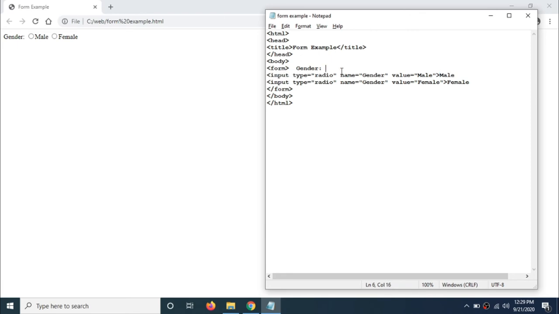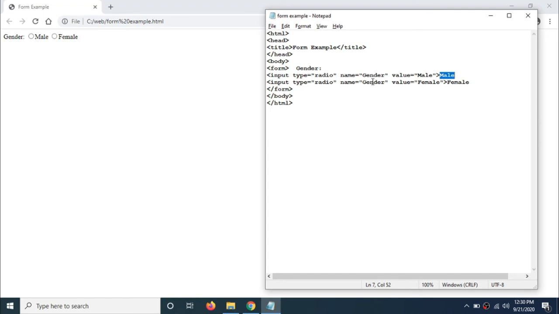As you can observe, from here to here, that is the input tag which stands for this radio button. After that you can see this text male, right? That is the normal text that needs to appear after that radio button.